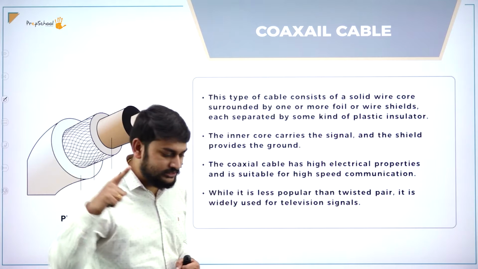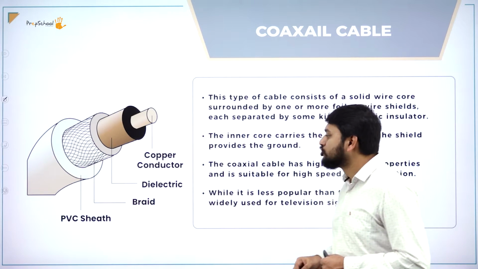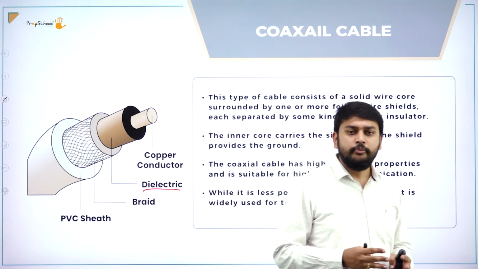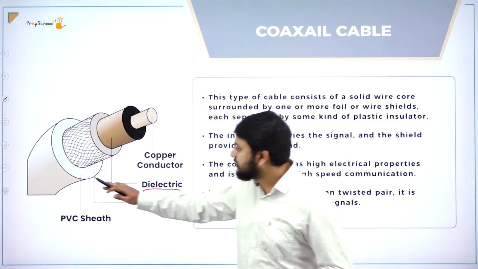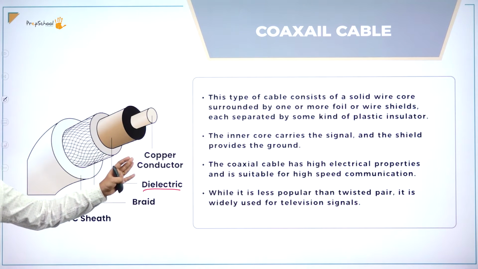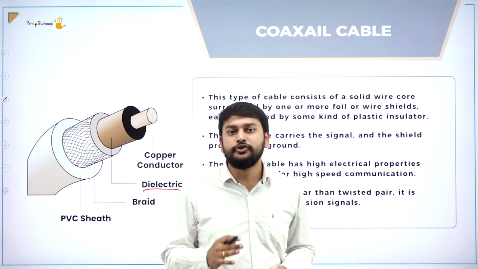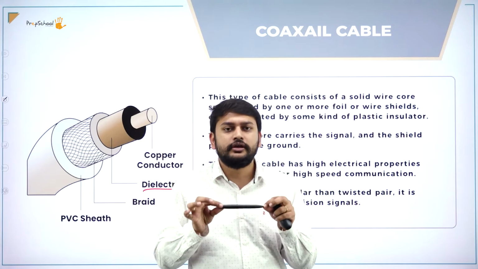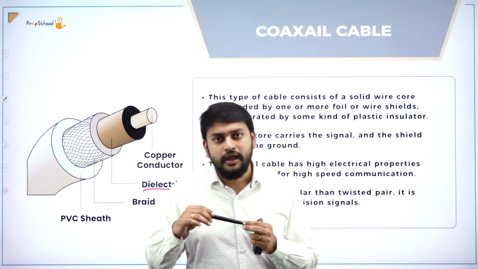You have one strong copper wire in the middle, and after that you have a dielectric shield above that. So guys, these are the different layers that you can expect in this coaxial cable. Let me put this in front of you in an easy way. You have one copper wire. If you take a cable wire, you will get one copper wire in the center,